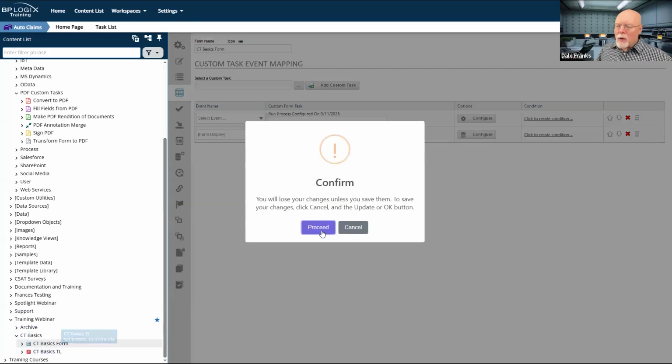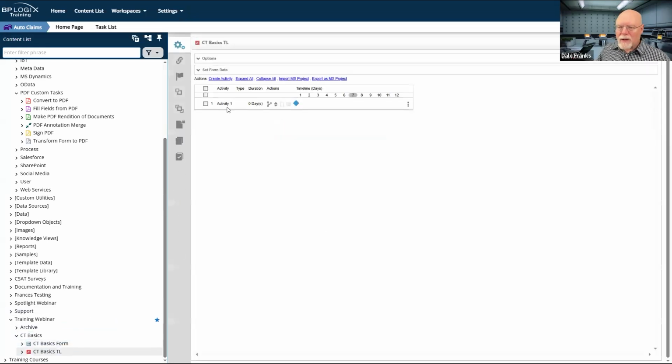Similarly, if I'm going to run a custom task off the process timeline, I'm doing it because it should be part of the process itself. So, set form data, the example that I always use for set form data is setting the request number field in the form. And I don't want to do that in the form.